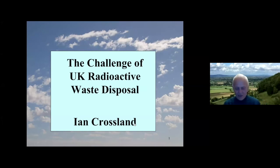So this talks about what is radioactive waste management, what is disposal. It's the where and what, something about the principles of disposal, and that's the kind of preamble. It takes up about a third of the talk. And then the rest of it, I'm really talking about UK radioactive waste management